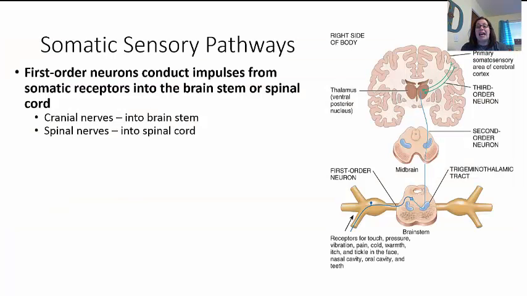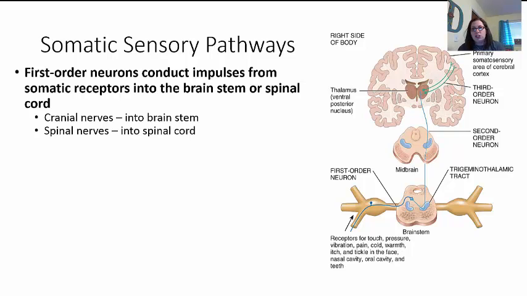All right, so we've detected the signal. We detected that there's an issue, that the environment around the receptor has changed. How do we get that signal up to the brain so that the brain can interpret it and know what to do next? Okay, this is going to be important to see that there's a set of steps or neurons that these have to go through.